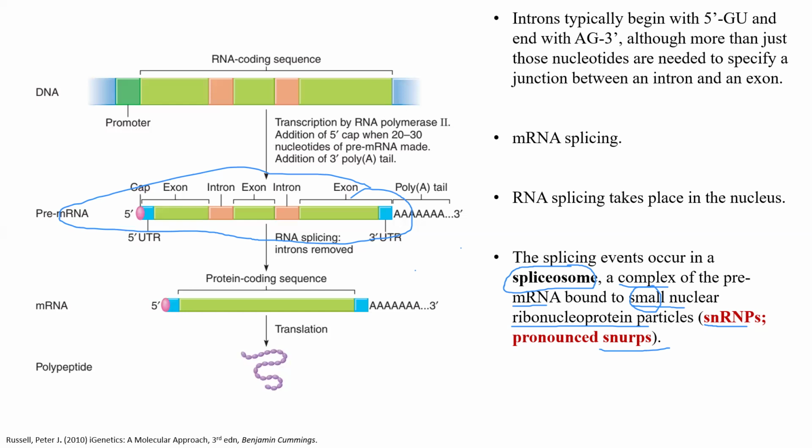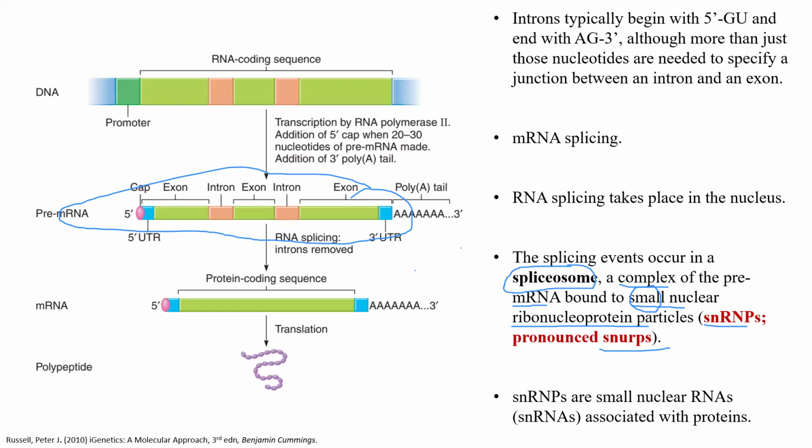Second is transfer RNA that brings amino acids during translation. Third is ribosomal RNA that forms part of the ribosome. And that time we said we will talk about that later, snRNA, small nuclear RNA. And the small nuclear RNA, along with proteins, forms SNRPs, small nuclear ribonucleoprotein particles, which remove the introns and join